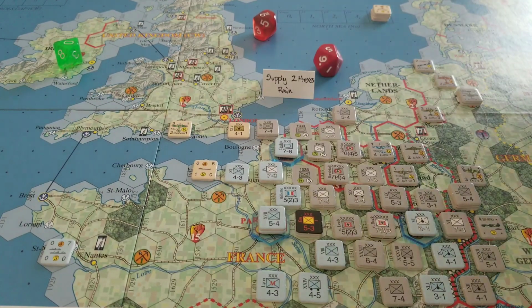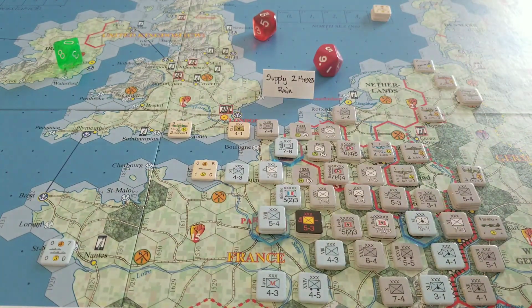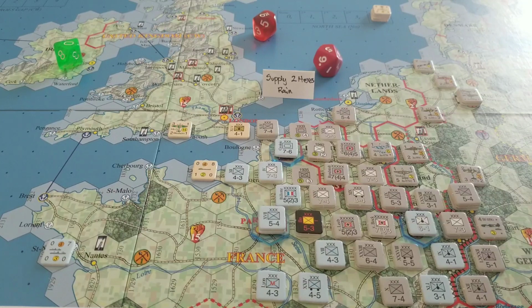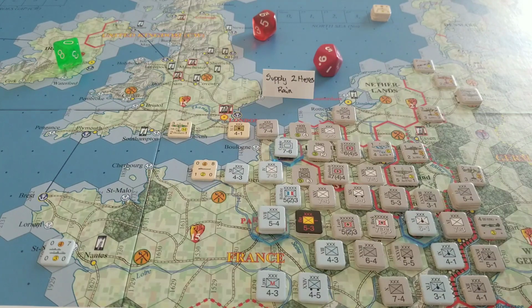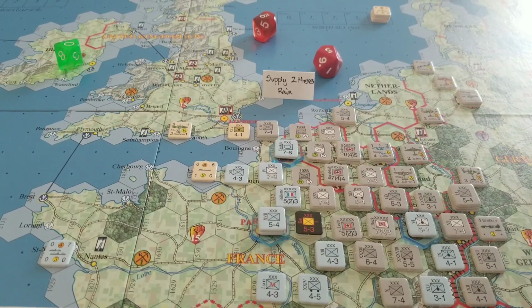Now, had I gotten that fractional odds, that would have given me a 17. It would have been attacker loses 1, defender loses 1. So that would have definitely been, I really needed that fractional odds to happen, and unfortunately it did not. All right, so